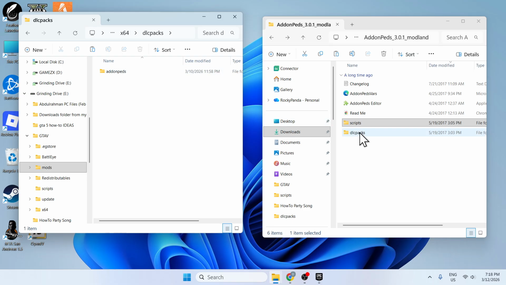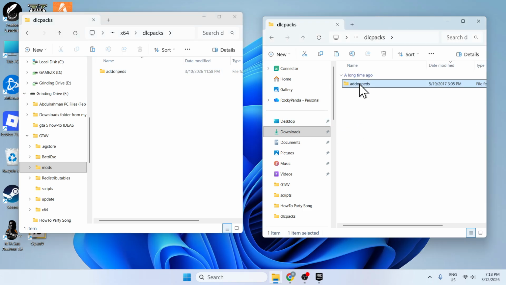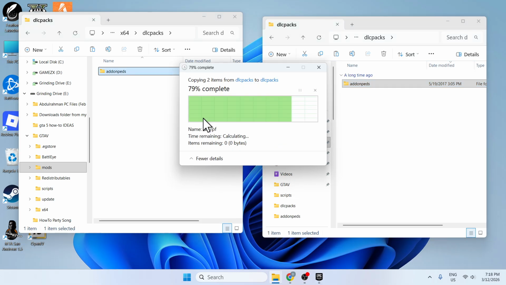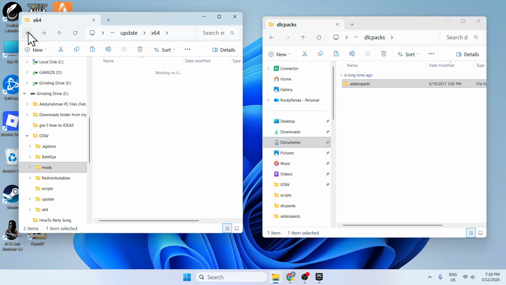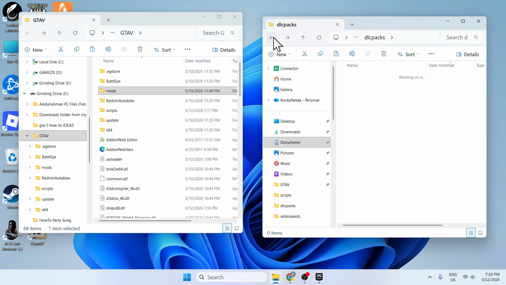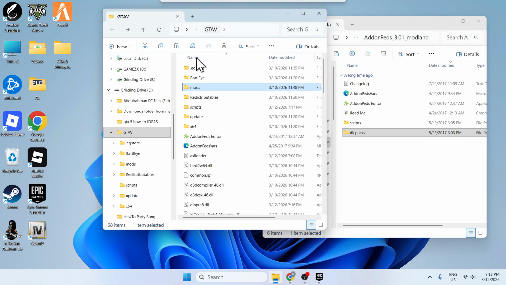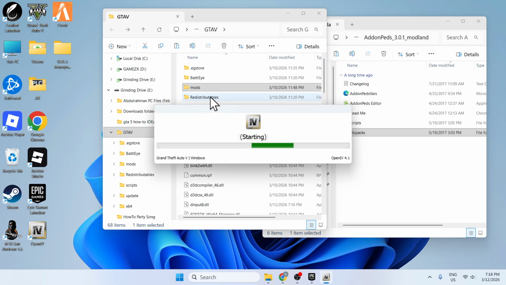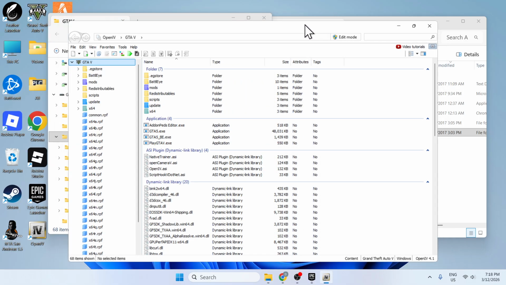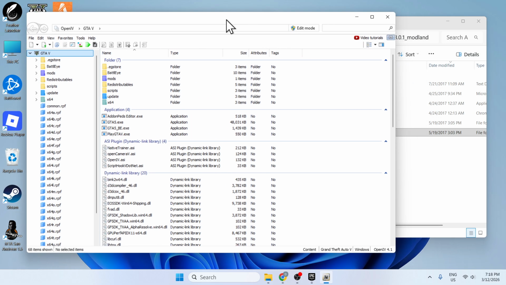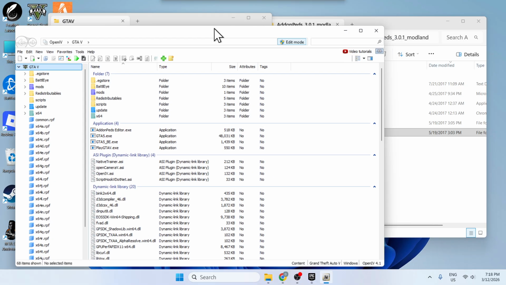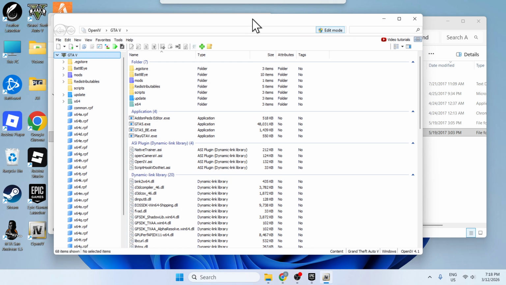And then what you're gonna do is go to DLC packs here and just copy this one and paste it here. Now you can just go back and go back here. So now you're gonna go to OpenIV GTA 5, and here what you're gonna do is first enable edit mode, and then you're gonna go to